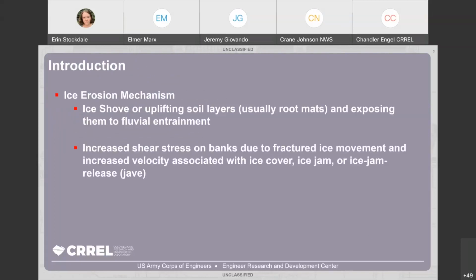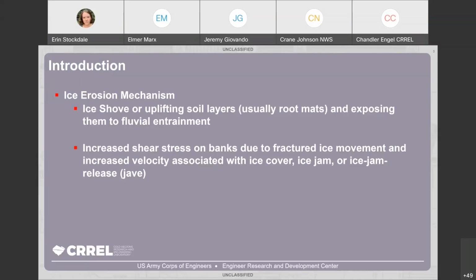Okay, so the two primary ice erosion mechanisms are going to be ice shove, which is basically where the ice sheet will uplift soil layers, usually the root mats, and then those uplifted layers will fall back in near the water, and they'll be subject to fluvial forces. So when there is open water, they're subject to erosion. This certainly happens in quite a few places, especially where there are long fetch lengths and that ice shove can be